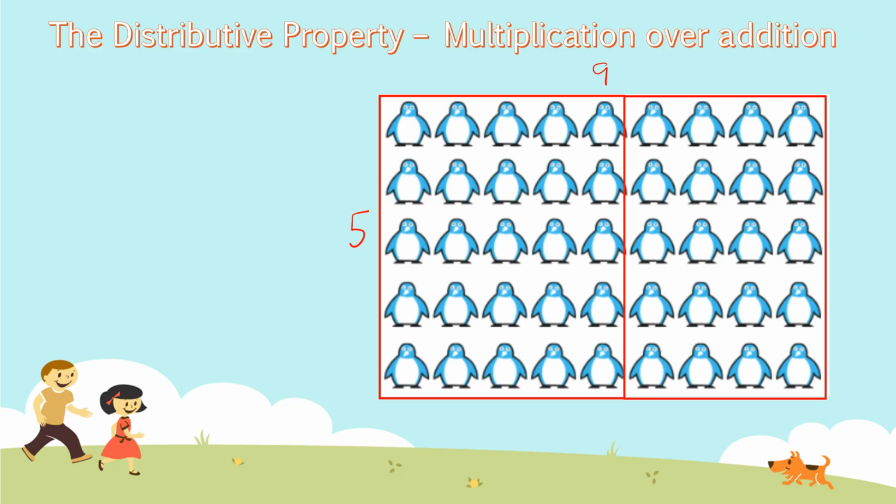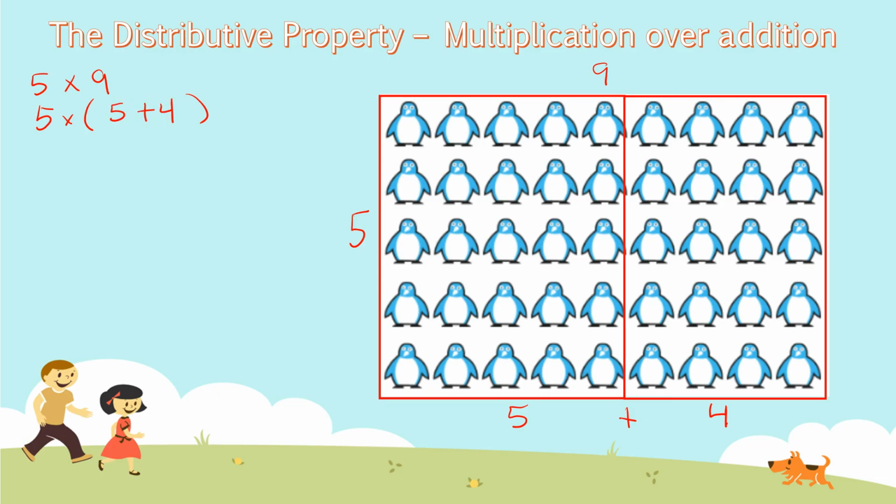Okay, so the first group is going to be 5 by 5. And I know that 5 times 5 is 25, right? And then the second part would be a 5 by 4. Okay, so 5 times 9 is being split into 5 plus